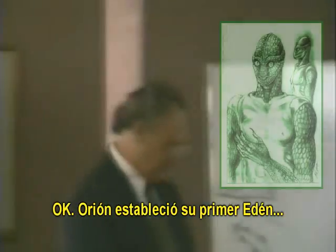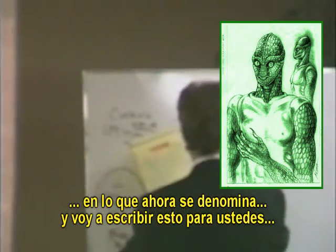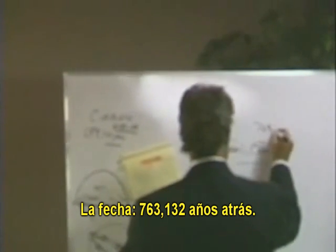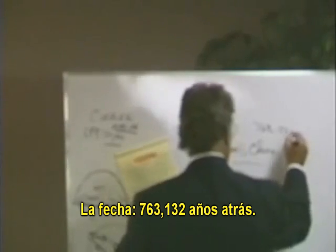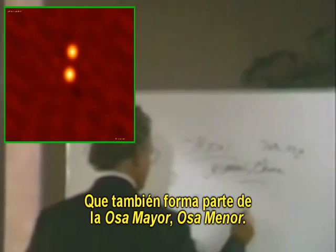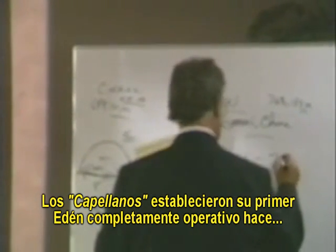Okay, Orion established their first Eden in what is now called, I'm going to write this down for you, Uramani, China. The date, 763,132 years ago. Okay. Shortly thereafter, Capella, also part of Ursa Major, Ursa Minor. The Capellans established their first fully operational Eden 740